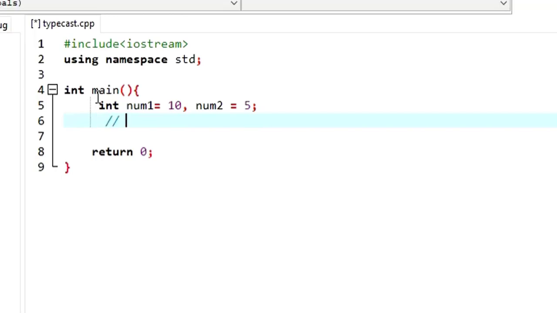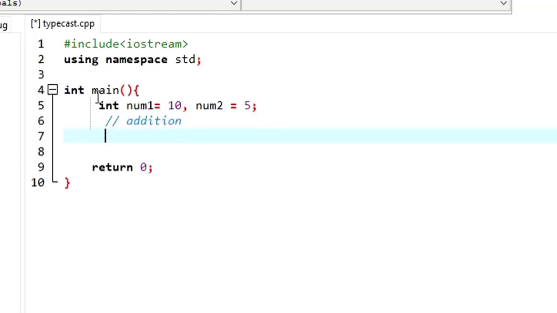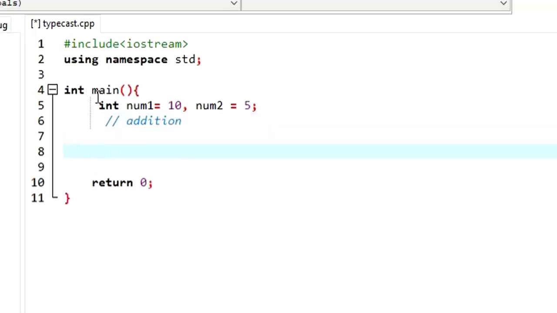This one is for the addition. If you want to add two numbers, I hope you know we are going to use the plus operator. Then we have two operands, num1 and num2. I'm going to print the value using cout. Here I'm going to pass the message "Addition", and then what you want to add: num1 and num2, which are the variables. Just put num1 plus num2. For the next statement, I want to print it on the next line, so I'm going to say endl.